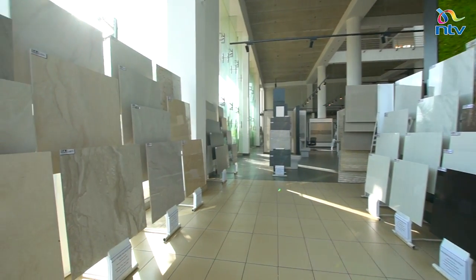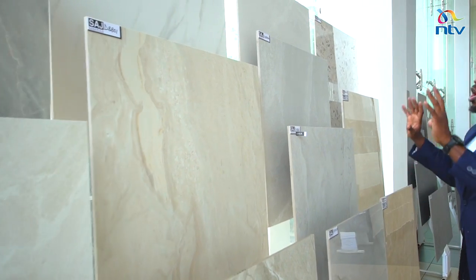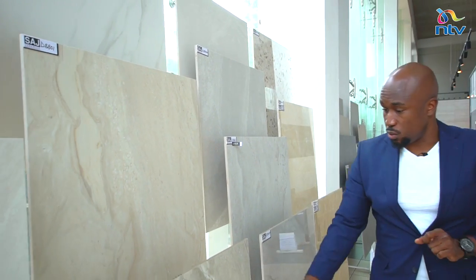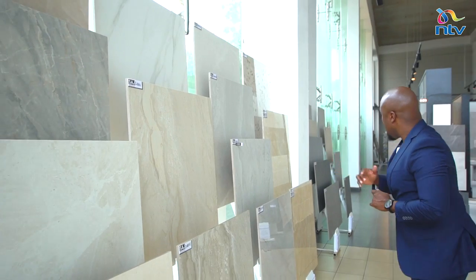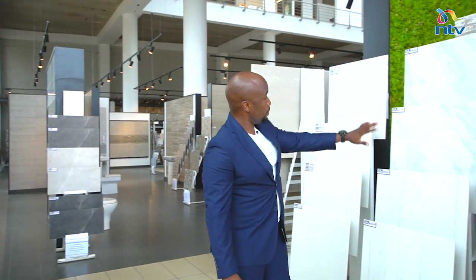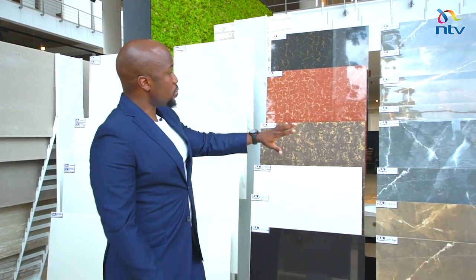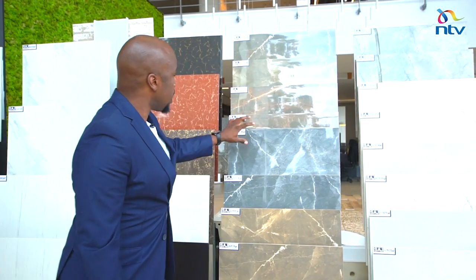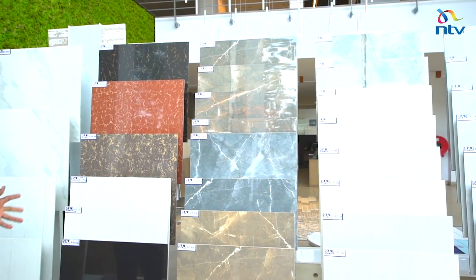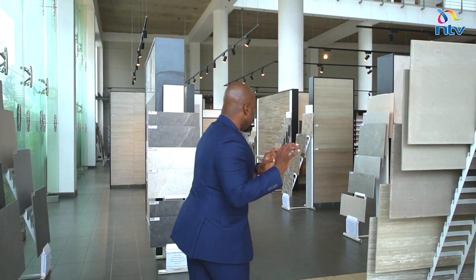80 by 80 tiles right over here. If you're big on these ones and you want bigger tile space on your walls, you could go for this, and they already have some very beautiful designs. I really like this space right over here. Decorative, polished, finished tiles right over here that have these marble effects. Decorative tiles over here that have these other decorations, and some of these are actually manufactured to get those beautiful